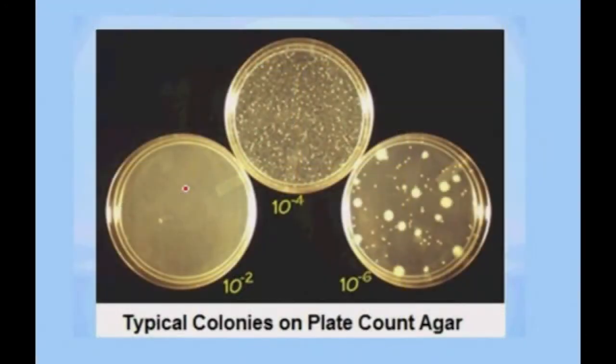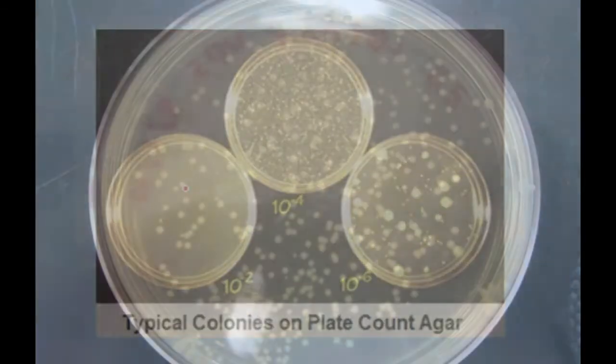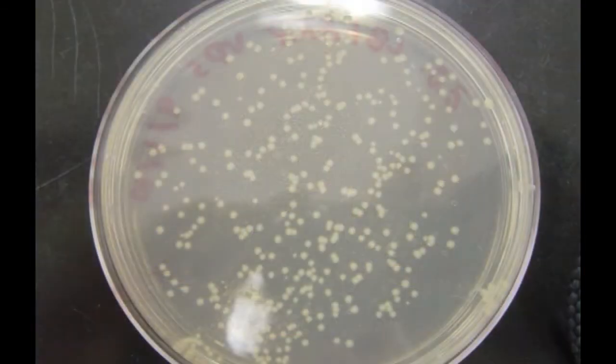When the objective is to estimate the total number of bacteria, a complex medium called plate count agar is commonly used since it will support growth of many different types of bacteria. The results are reported as the number of colony forming units, not total bacteria. This is because no single culture medium will support all different types of bacteria. We can only count those that do grow to form a visible colony.